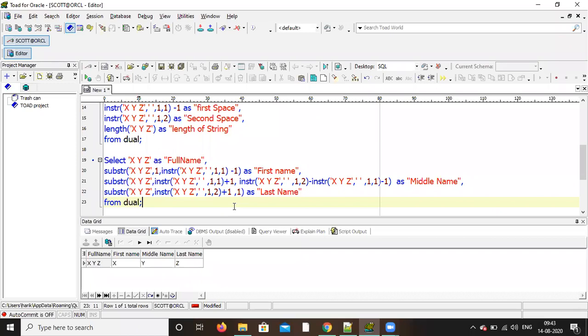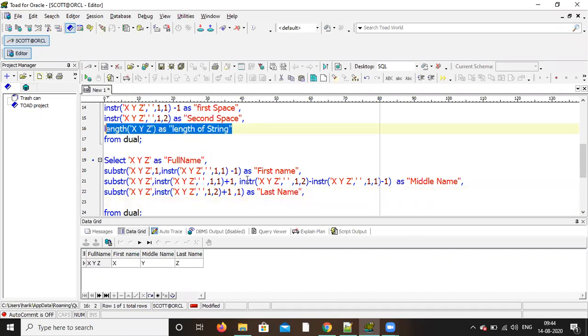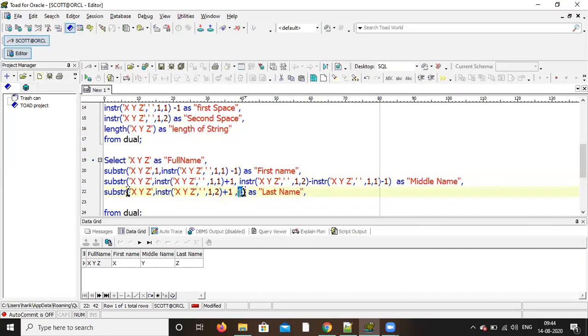So instead of that last one, I can write length of the string, so that it goes till the end. Type length, within brackets x, y, z.